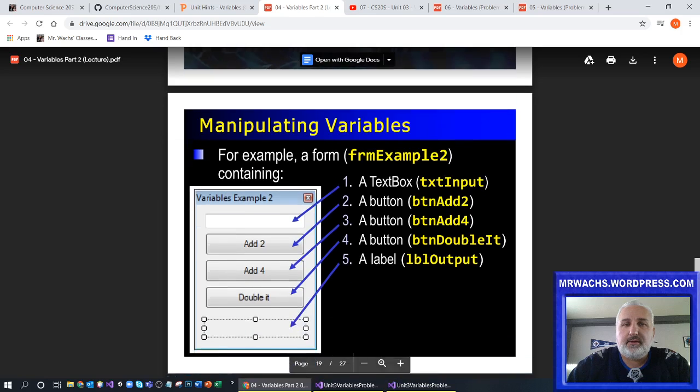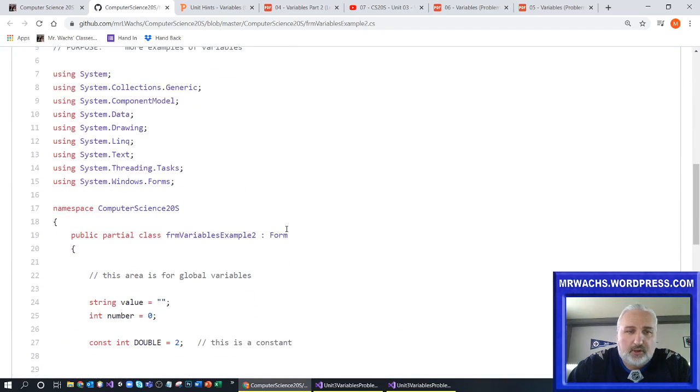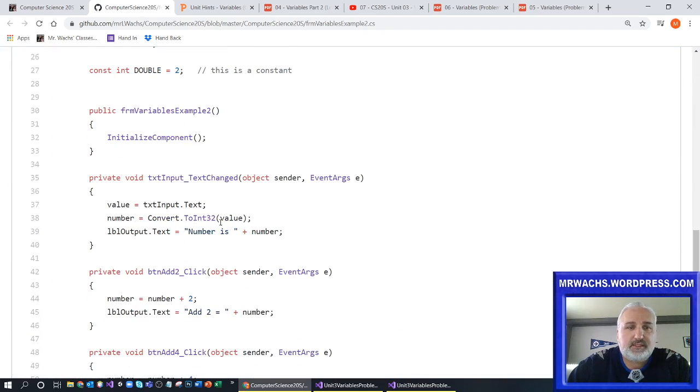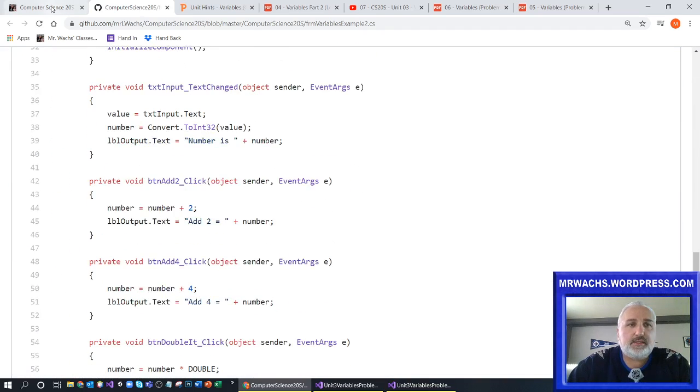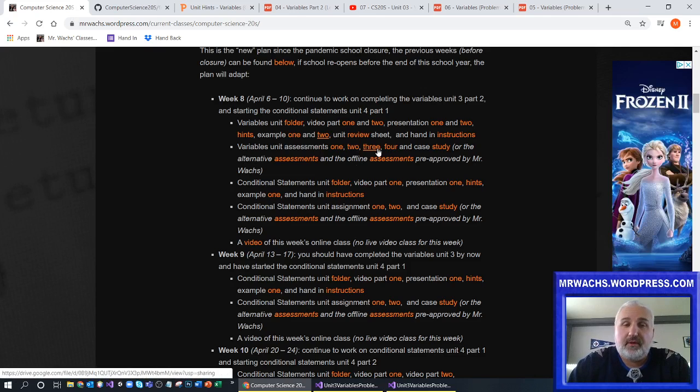you would see right here how to do variables presentation 2, or you could certainly open the code up directly here as well to give you an example of how to do it. So that's what we're going to look at today. We're going to look at how to do variables problem 2 and variables problem, or pardon me, variables problem 3